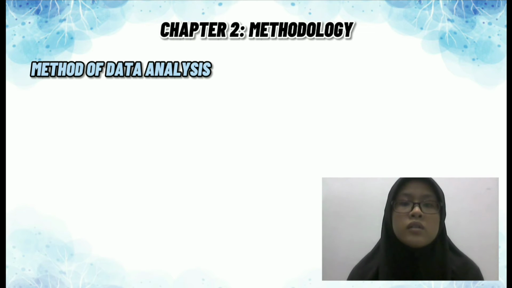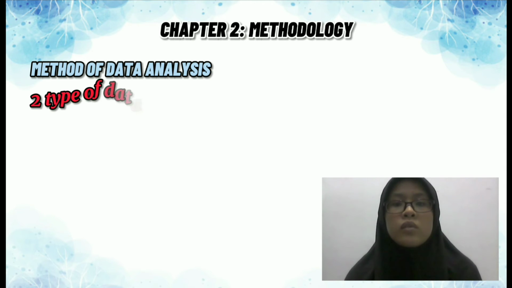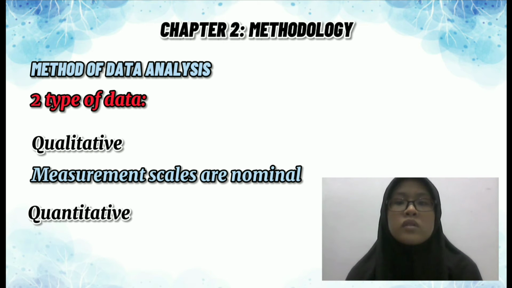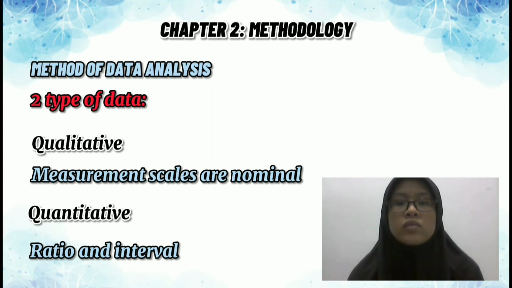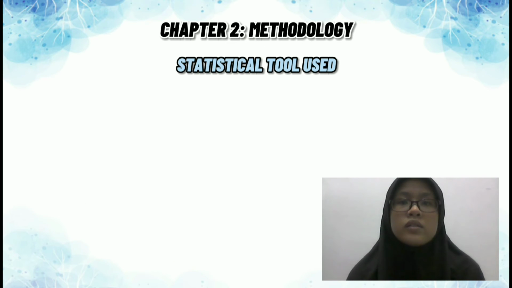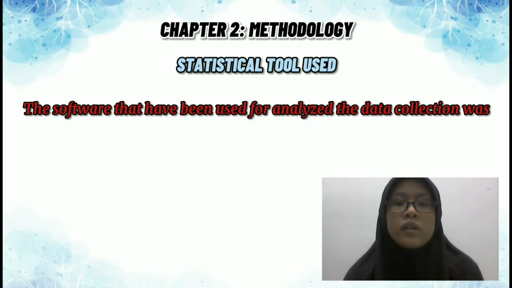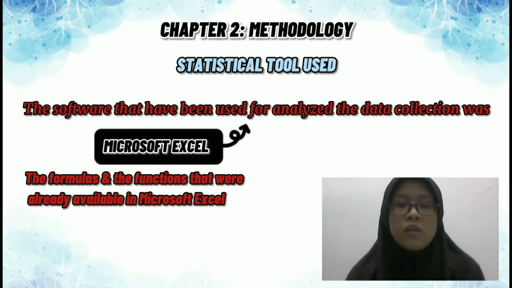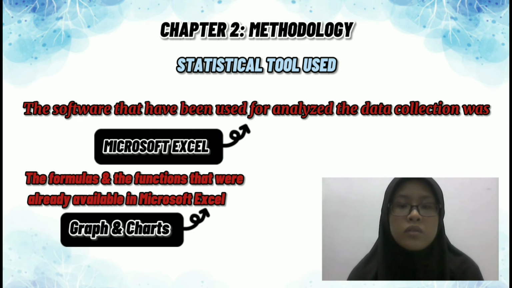Okay, the second is 2.2 method of data analysis. There are 2 types of data, qualitative data and quantitative data. For qualitative data, the measurement scales are nominal and ordinal, and for quantitative data they are ratio and interval. The last one is 2.3 statistical tool used. The software that has been used for the data analysis is Microsoft Excel. The formulas and functions that are already available in Microsoft Excel have been used to construct